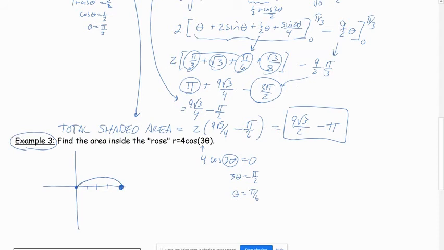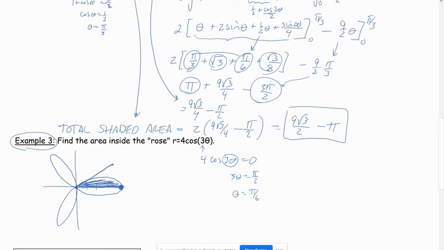And so it's an angle of pi over 6 that gets us back to the pole, and that creates the half petal. Now, even though this rose is a total of 3 petals, we're just going to focus on this half petal that I've shaded in right here, and then